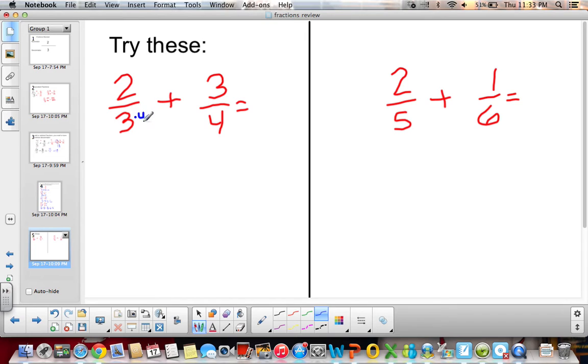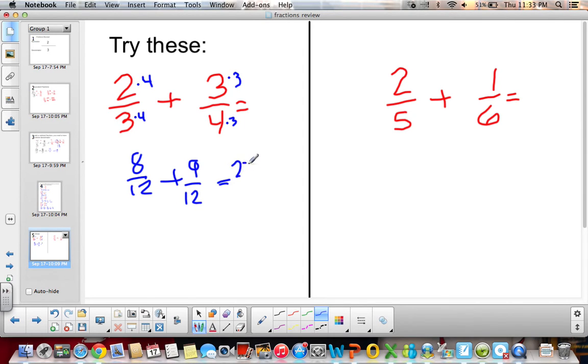So my common denominator is going to be 12, so right away I have to figure out what I am going to do to get my numerators to 12. So 3 times 4 and then 4 times 3, and I have to do the same on the top as I did on the bottom. So 8/12 plus 9/12